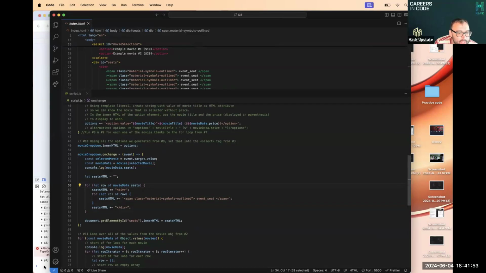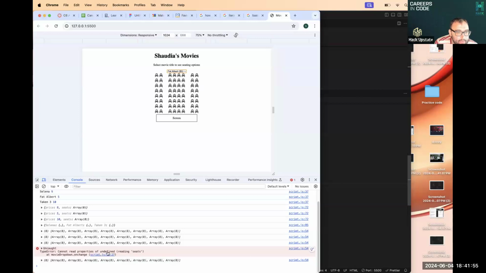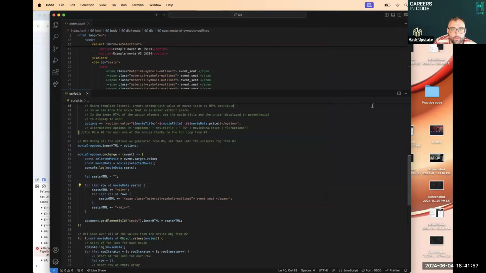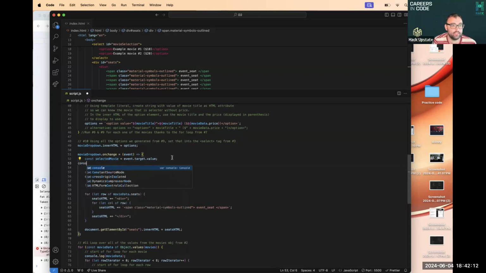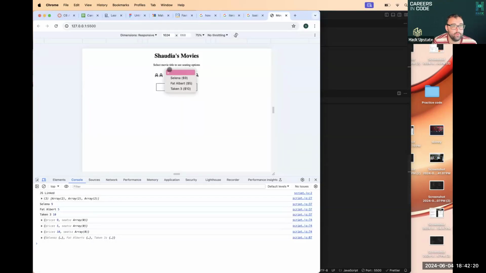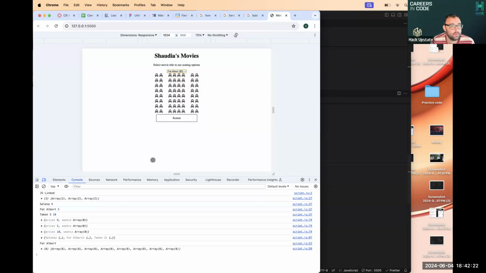So we start with the error, and the error is saying it's happening on line 54. So that's where we will start. We are saying log out the movie data seats. That is coming from the selected movie. So let's see what's going on with our selected movie first. If we console log that out, and then pick a movie,